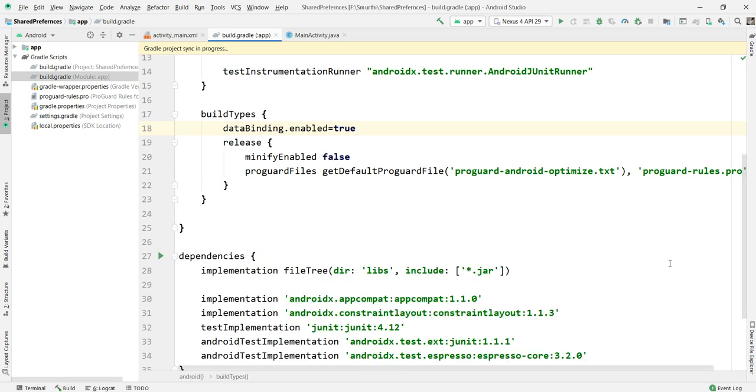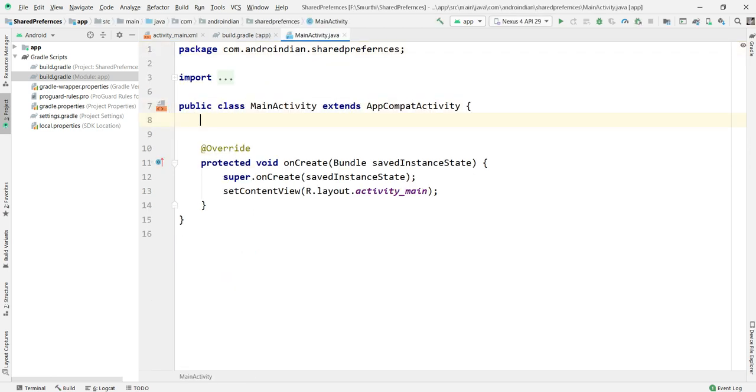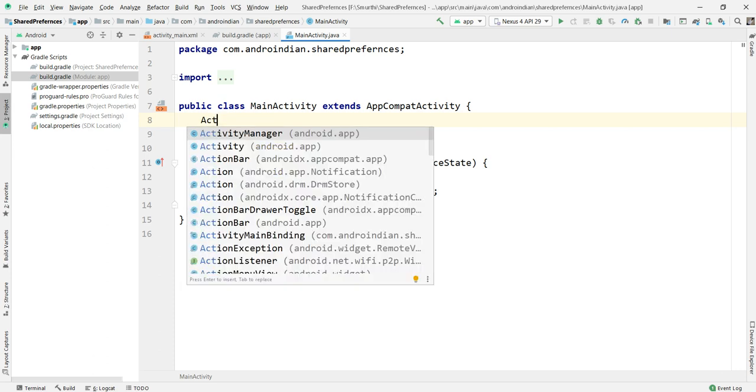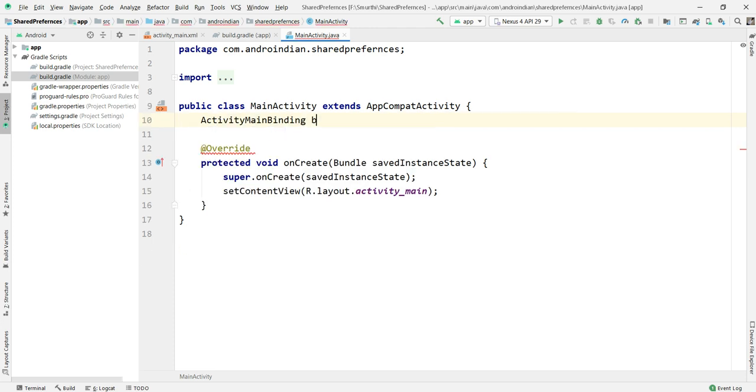Once you click on sync now, we can handle this data easily. In the main activity, the first step is declaring the binding.